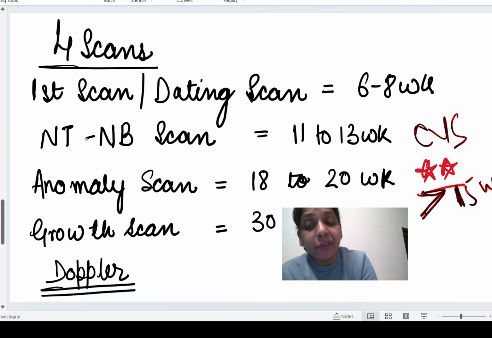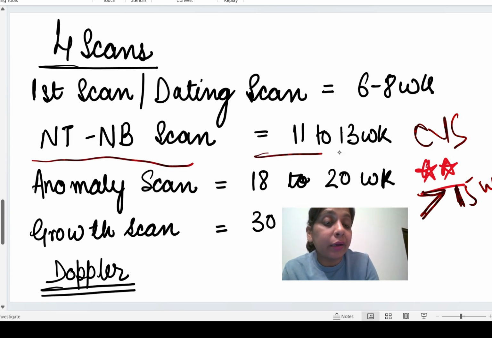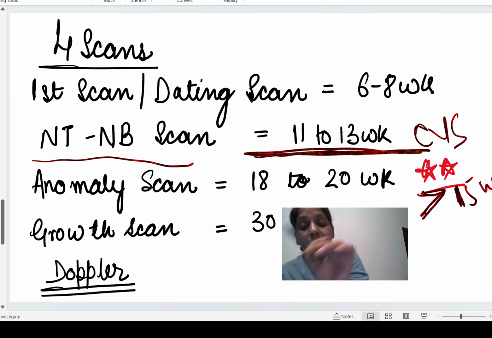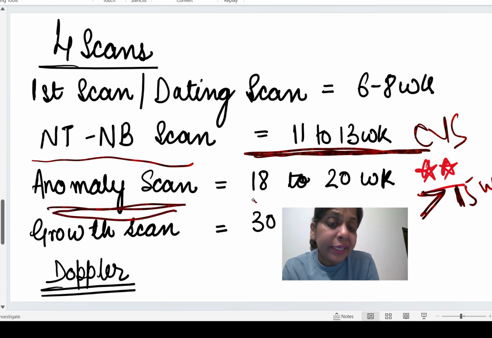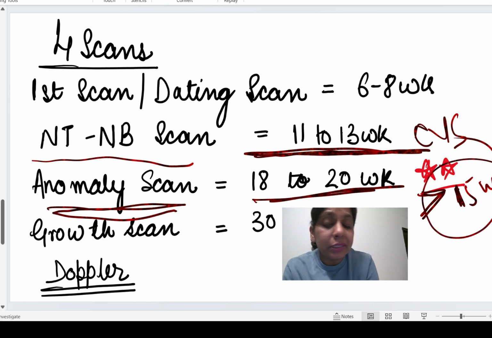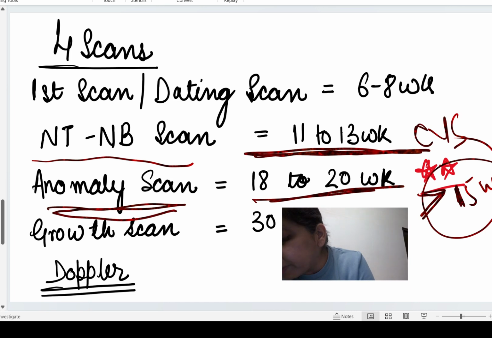The chorionic villus sampling time and the NT-NB scan time are the same, but the anomaly scan time is 18 to 20 weeks, and the amniocentesis time is after 15 weeks, up till 20 weeks. Okay, so